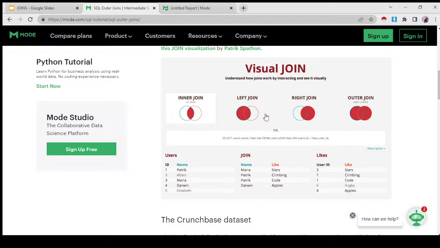Okay, let's go over one more concept, which is left join and right join. What do they mean? There was inner join where you would only get the middle data. There was outer join where you were getting all of the data. So left join and right join are kind of intermediate, midway there.